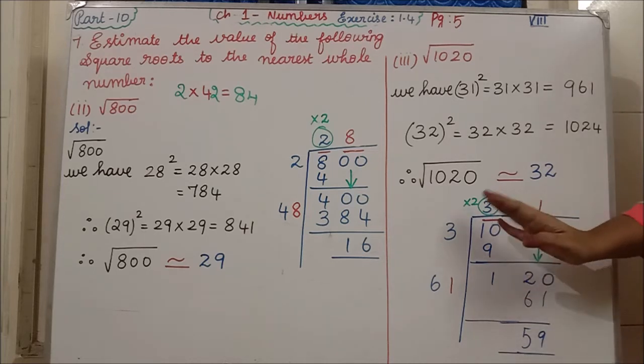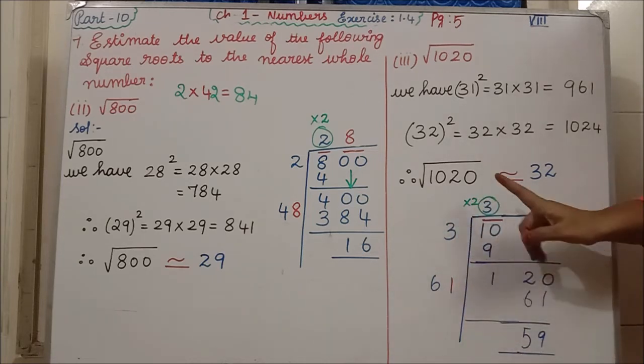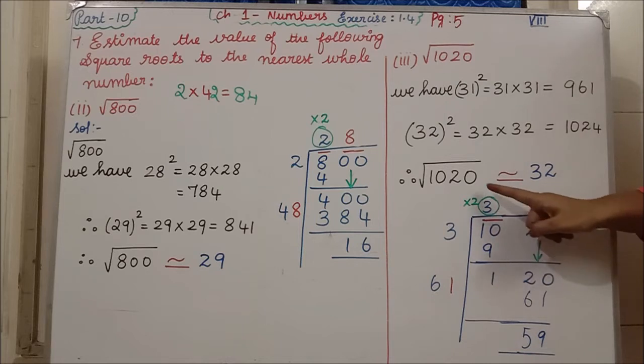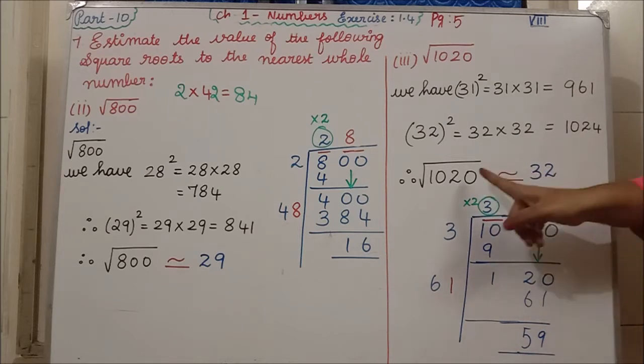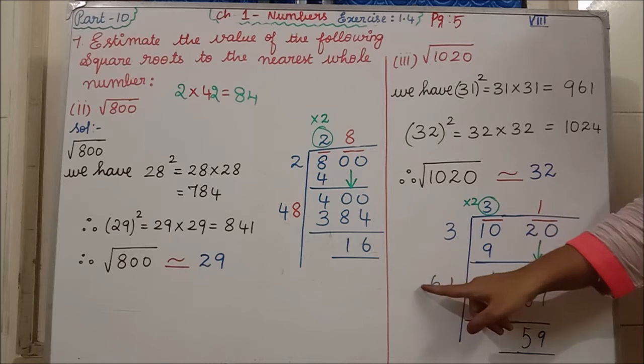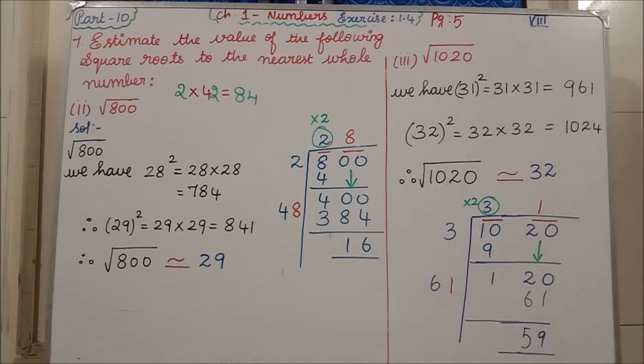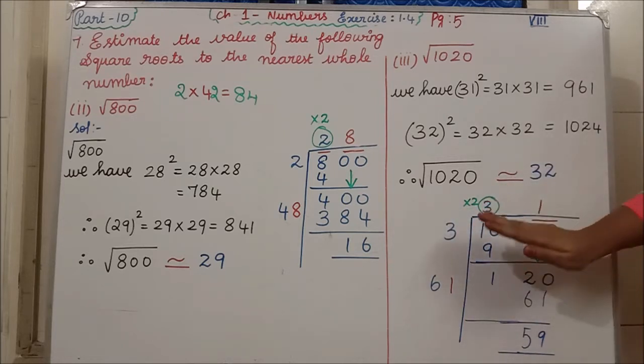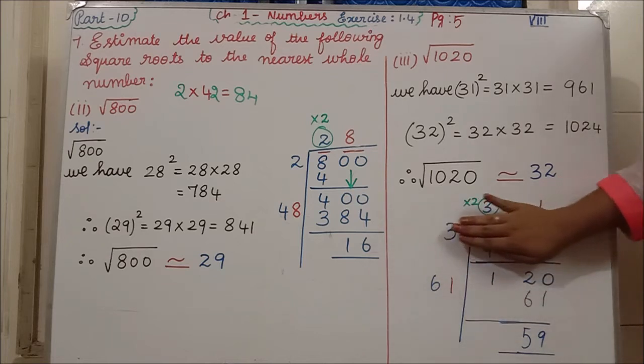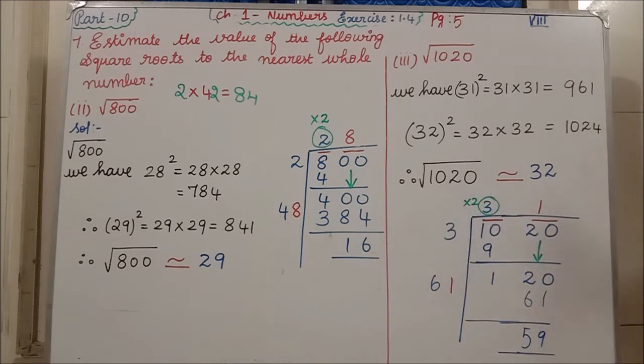Then the next step: from this step to this step, what you are having in the quotient, you have to multiply with 2, and you have to write 3 twos are 6 here. Clear? So what number you are writing, the same number here also you have to write. So you have to forget about this row as well as this 3. When you are coming to the next step, you should not think about this first row itself.